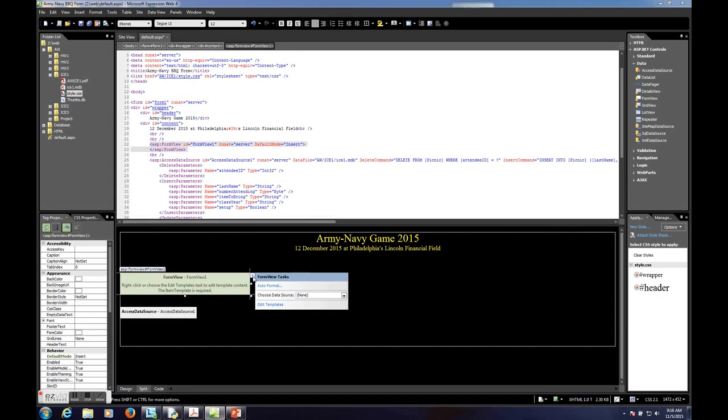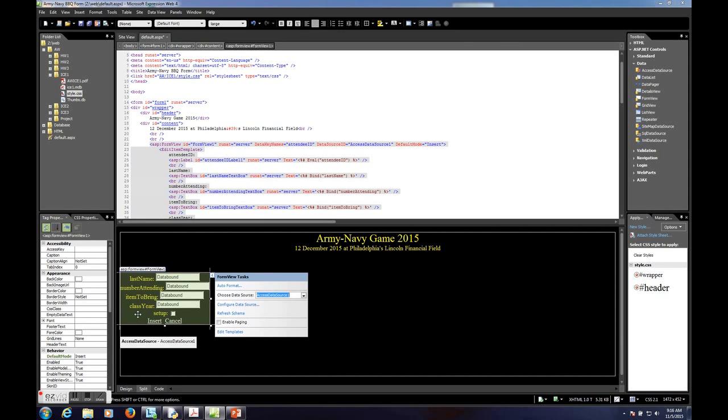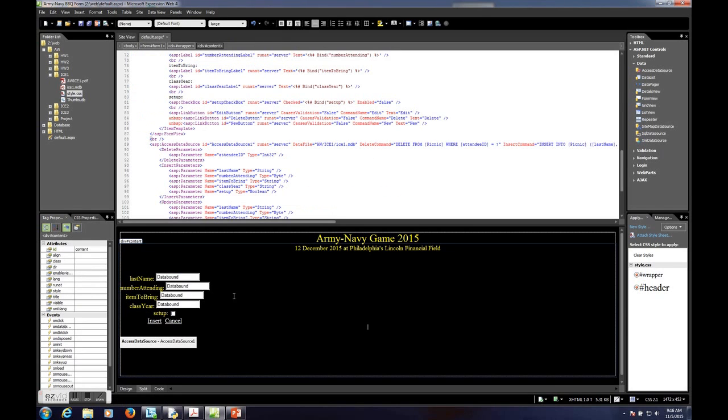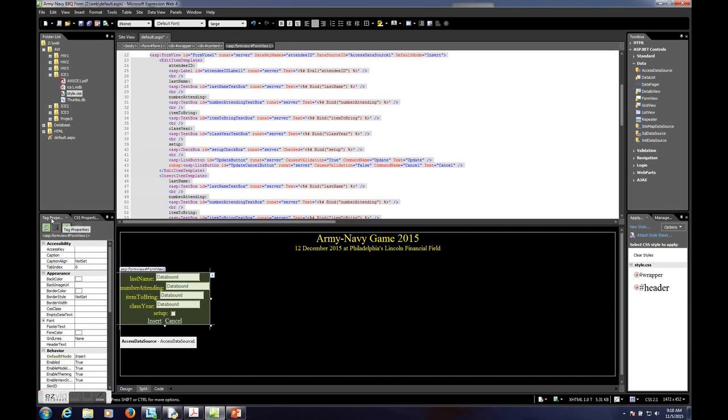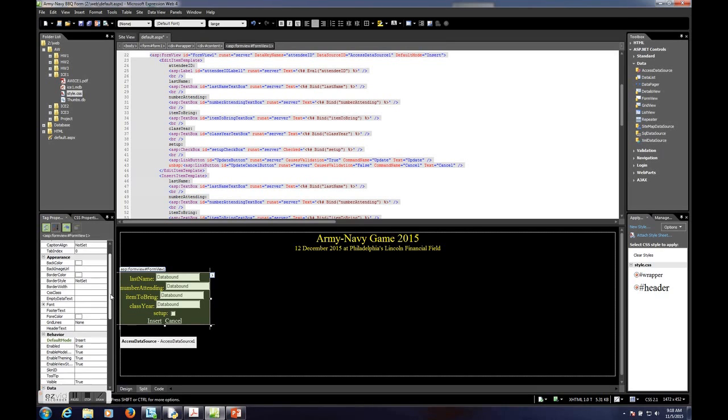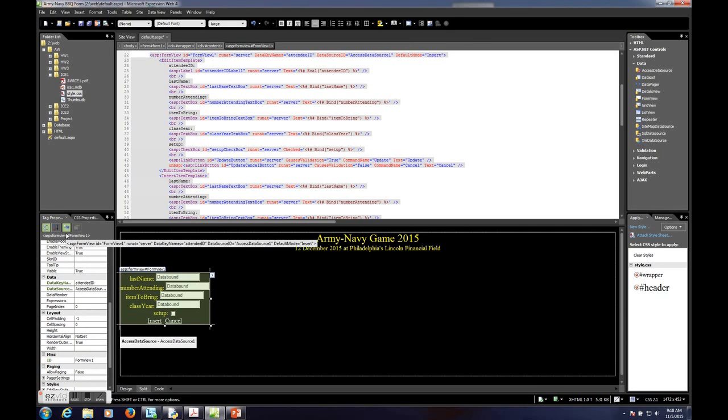Now we have to link that data source to our form. So we'll click on the arrow, we'll click on choose data source, and choose the one we just built, access data source 1. So now we have our field showing up. So let's go ahead and change some of the properties of that form. So make sure you click on that form. It's highlighted in green. You'll see the properties change, and you have two ways of looking at it, either by category or alphabetical order. So let's change it to alphabetical order